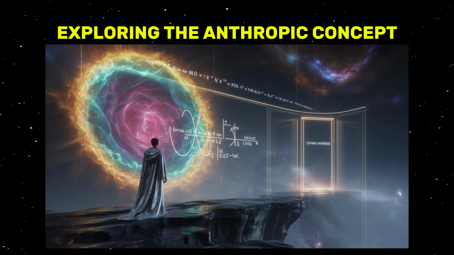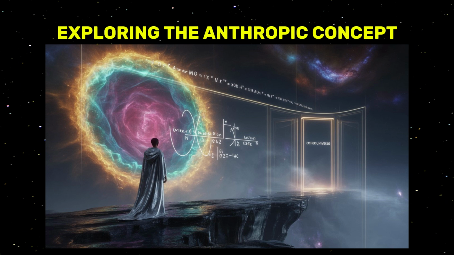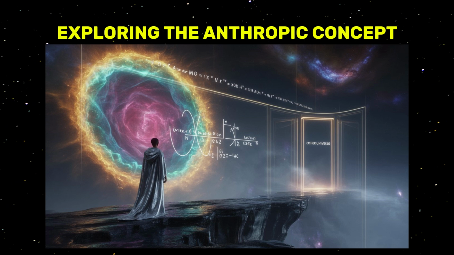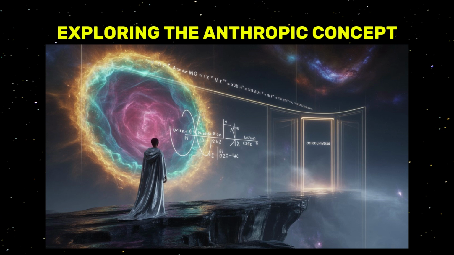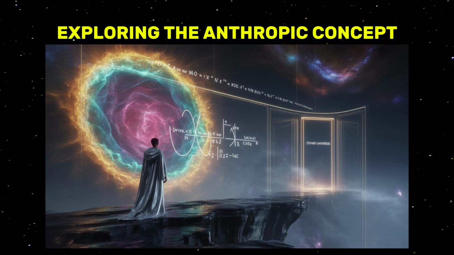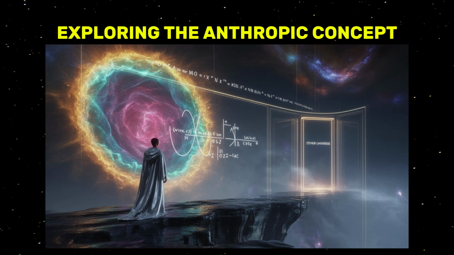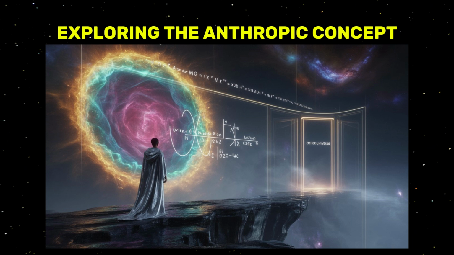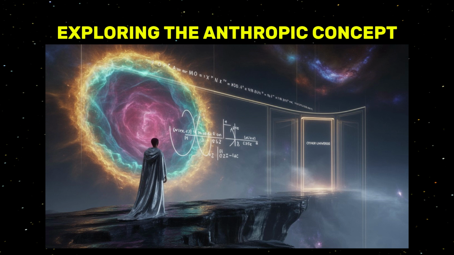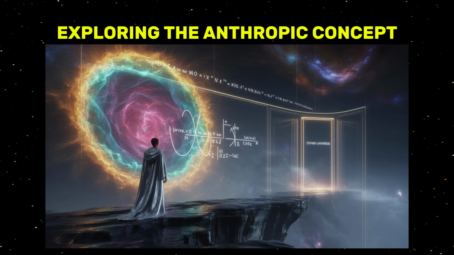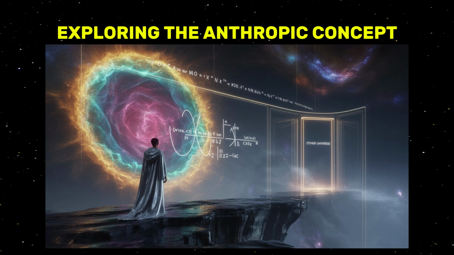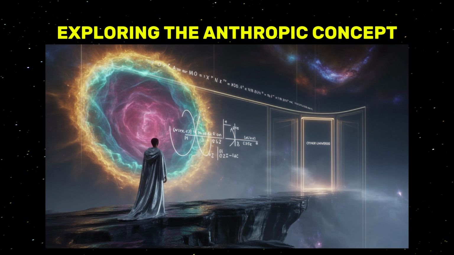Enter the multiverse, a cosmic lottery. In the late 20th century, the anthropic concept gained even more attention as physicists proposed the multiverse hypothesis. According to this idea, there might be a vast, possibly infinite, collection of universes, each governed by its own unique physical rules and constants. In such a scenario, the anthropic concept can be interpreted probabilistically. Out of countless possible universes, we happen to exist in the one where the settings allow life to emerge, just by chance.